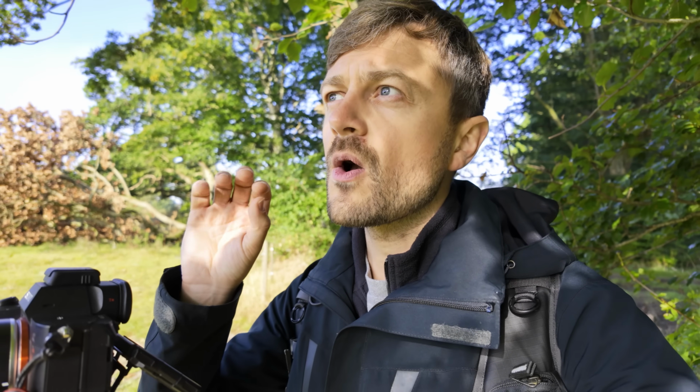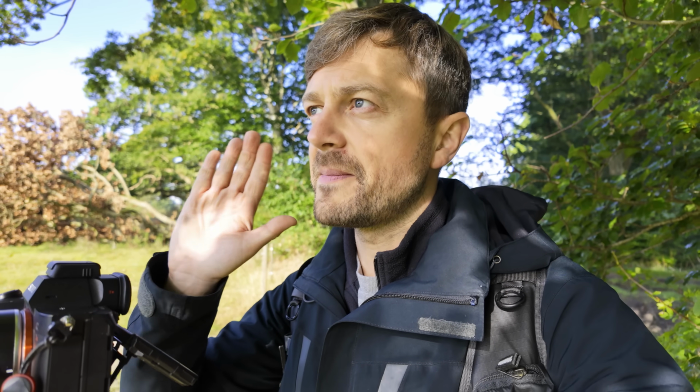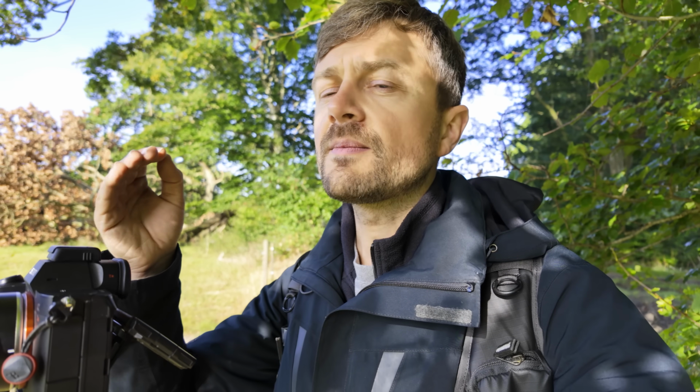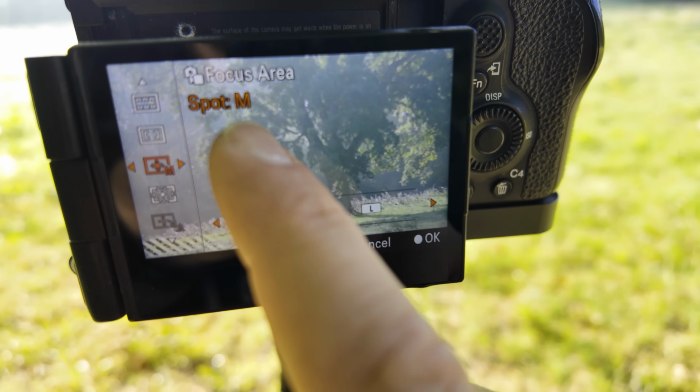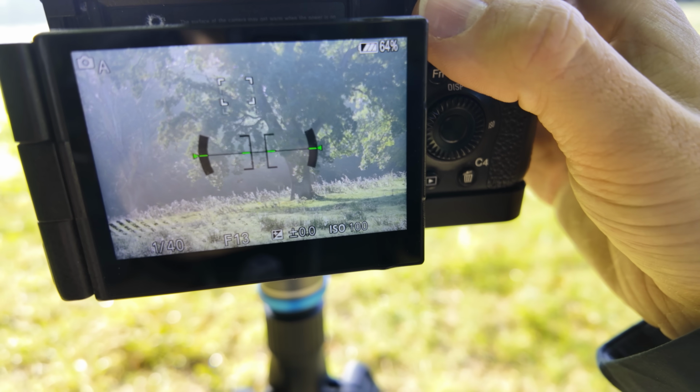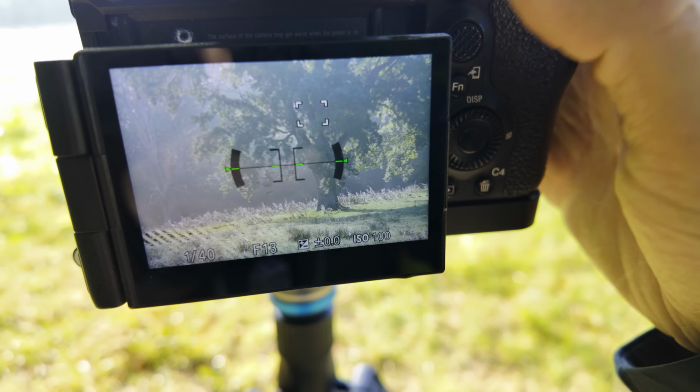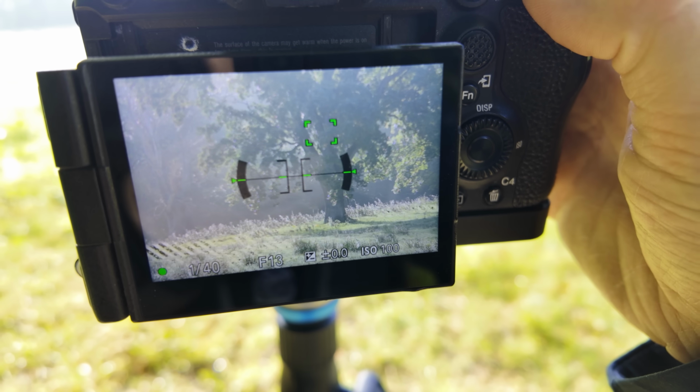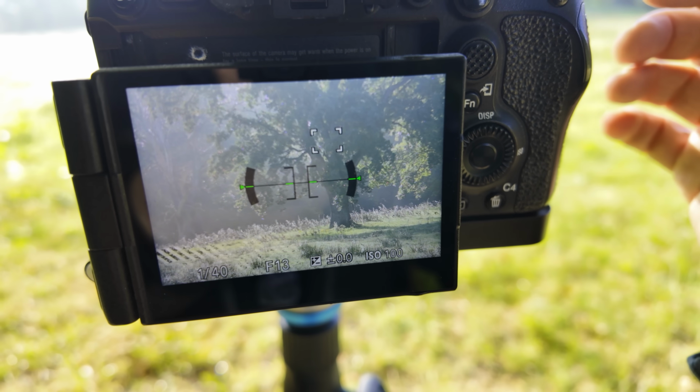On top of that, in a scene like the one I'm photographing right here that just looks magical, I'm also taking two photos. So I'm taking one photo where I'm photographing my main subject, the tree, and then I'm also taking a photo of the foreground. So my focus area is spot medium, and then I can simply just use my joystick to move that around. So I simply just back button focus, first take the tree shot,